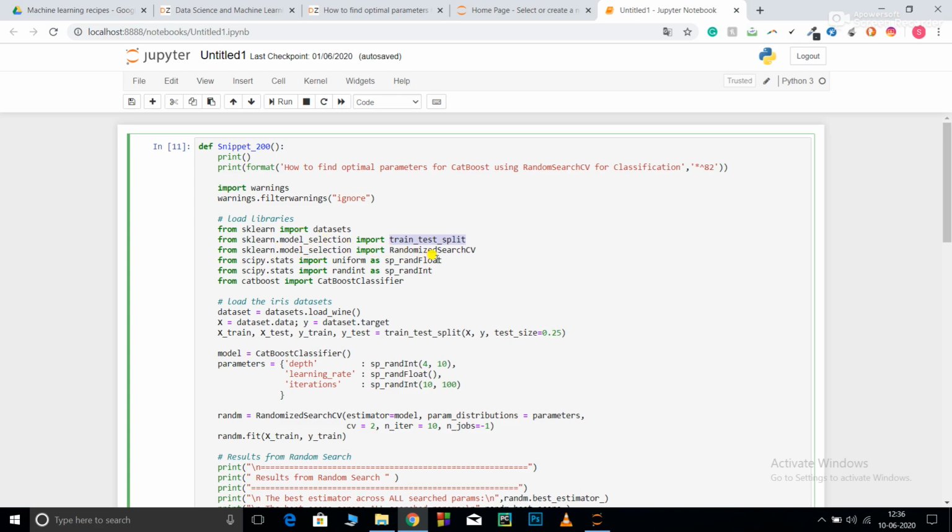Now from model selection, I need to import RandomizedSearchCV. From scipy.stats, I need to import uniform as sp_rand_float. I've also imported random integers using sp_randint. Now CatBoost classifier from catboost. This is not a sklearn module, so you need to first install it.